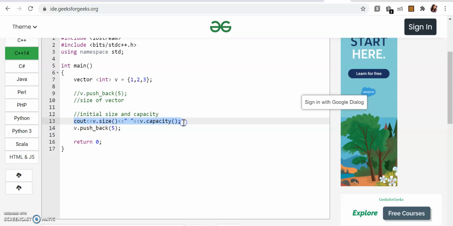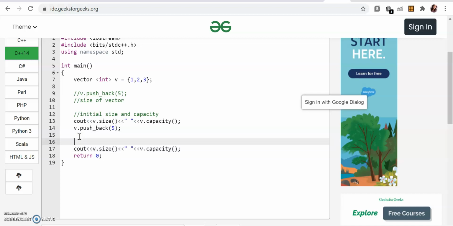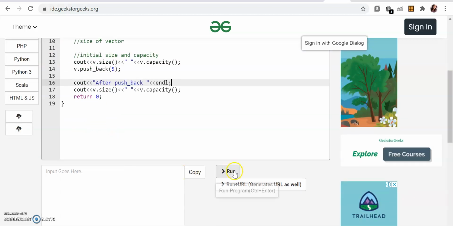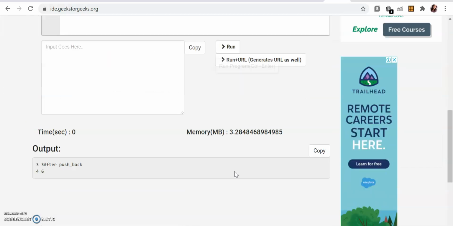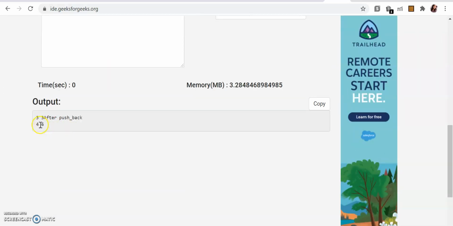But the interesting thing to notice here is what will be the capacity. Okay, let's see. As per the discussion in the previous video, it should come out to be 6, but let's see. See, we were right. Now it is 6.